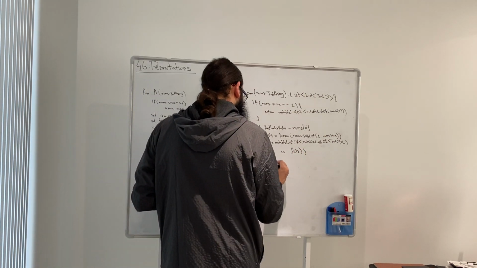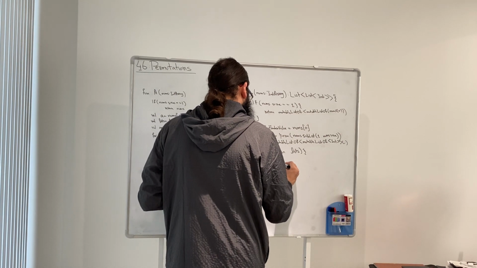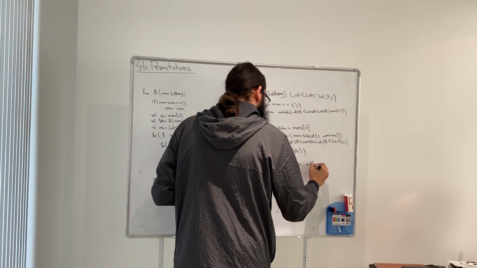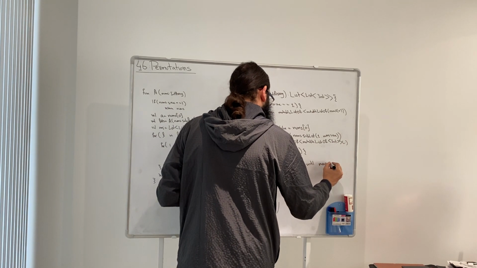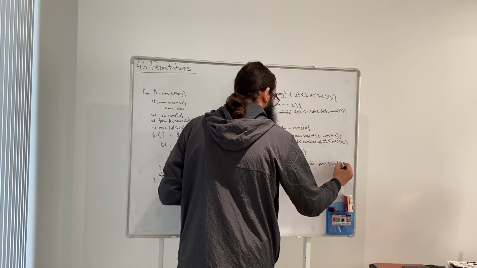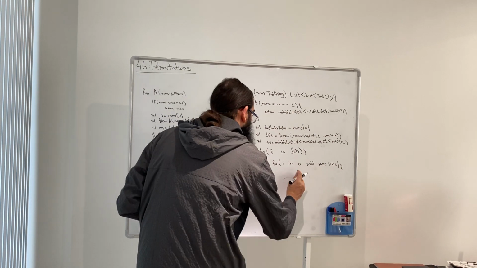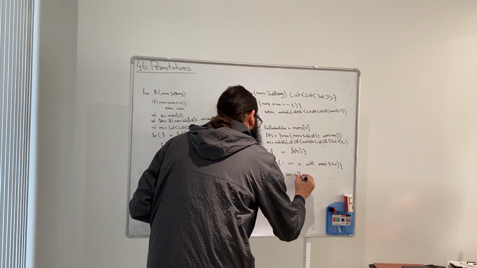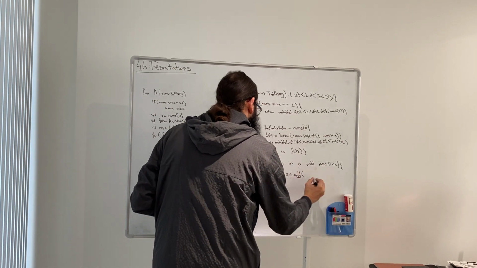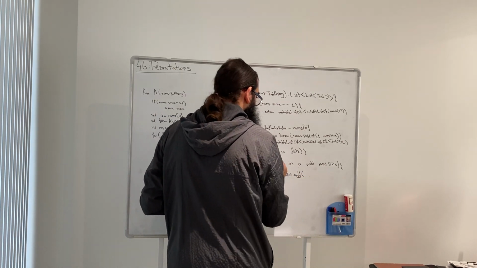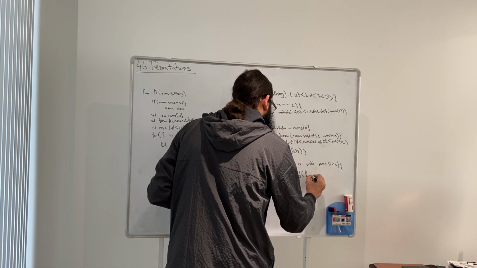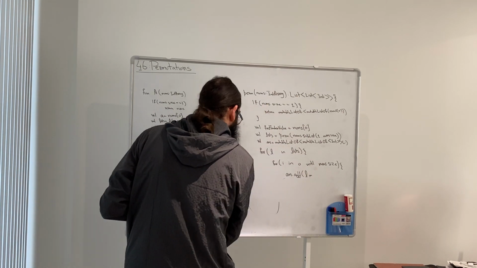Then I need to run the algorithm until nums dot size, and now we need to play here with answers dot add. Then I need to first convert this L in the form of a mutable list. So L dot to list,